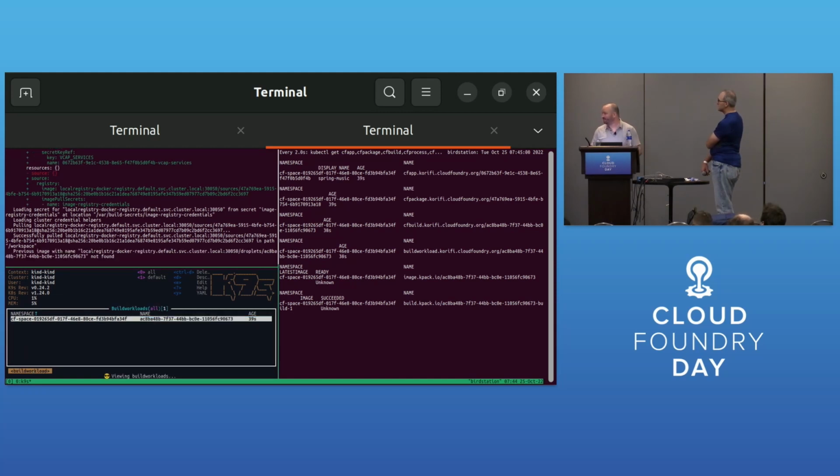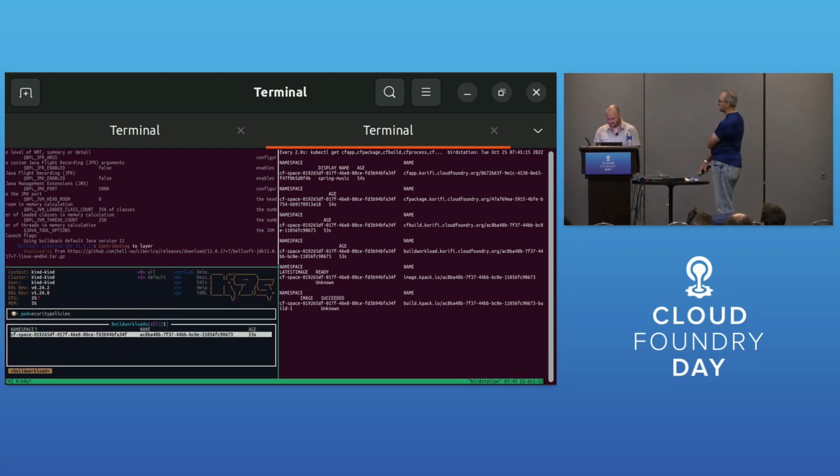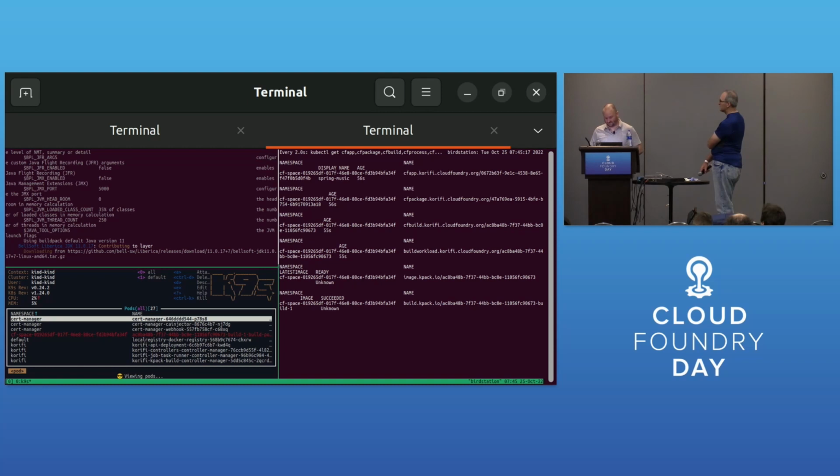We have a build workload, and that should have some various information on it. If we go down, there's a spec, I believe. So you can see various status info and all that. It looks like Kpack is doing its thing, I believe.